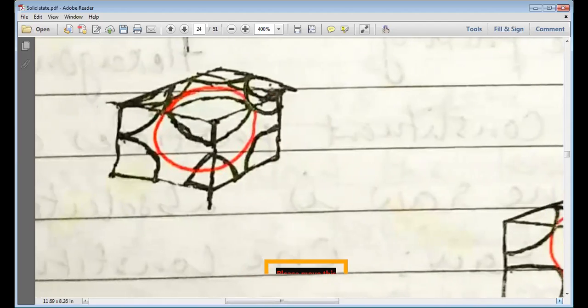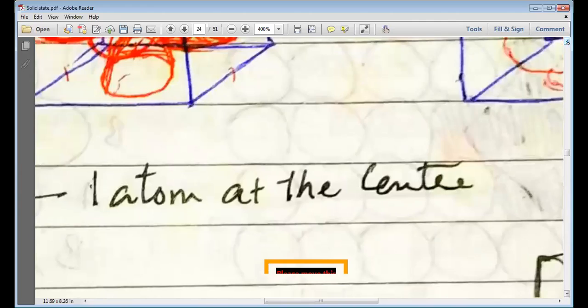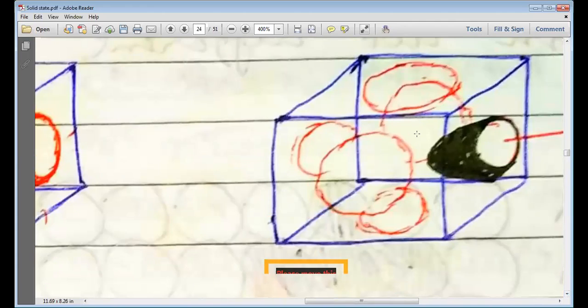Now we want to study the face-centered unit cell. In the face-centered unit cell, apart from the 8 corners, my dear students, you can see that we have various faces. We have 6 faces. This is 1, 2, 3, 4, 5, and this is the sixth one, which is exactly at the back. If you are standing over here, my dear student,